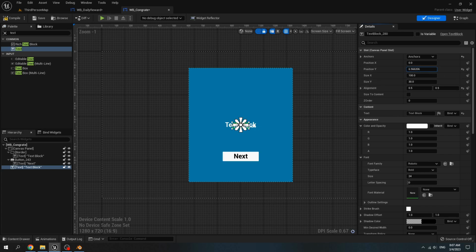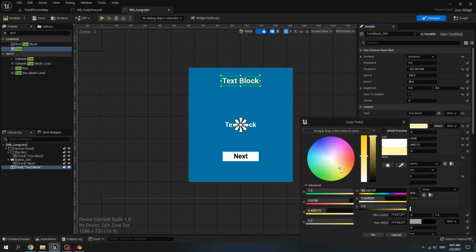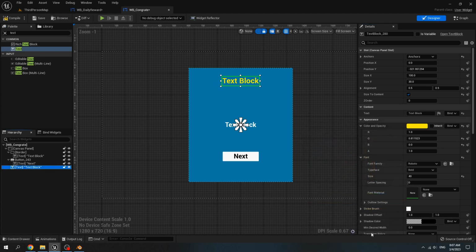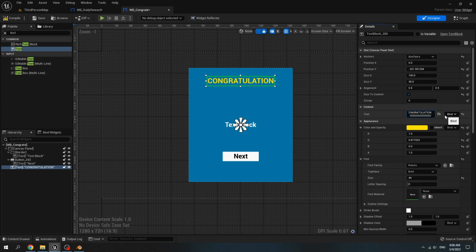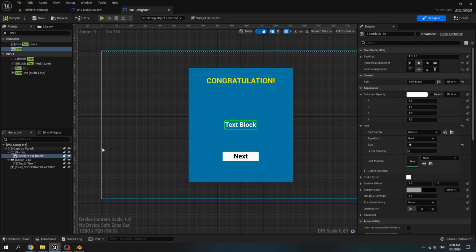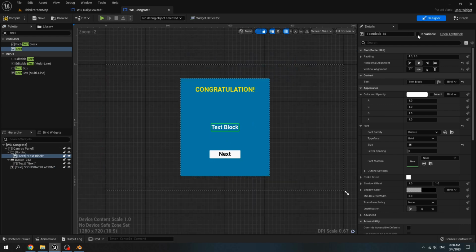Set the position to the upper and size to content is true. Set the size of the font to 40 and set the color and opacity to yellow. Set text is congratulations. For our text block, set it to is variable.